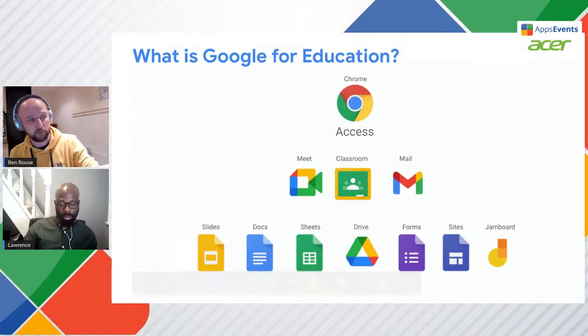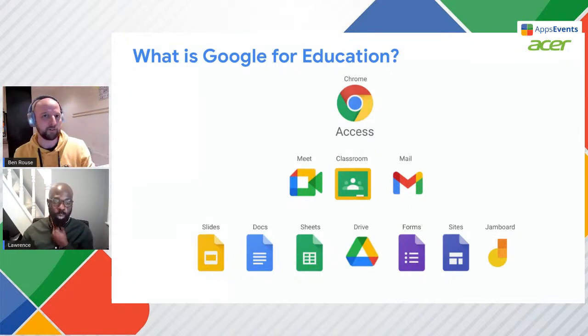In addition to that, you might find that your child is asked to complete a quiz. Now, Google Forms allows teachers to create quizzes, quick self-marking quizzes, just to check how everyone's getting on. You might find that sometimes your children, instead of Classroom, are directed to a site where all of the learning for the week or the school information is all on one site. And that can be made through Google Sites,